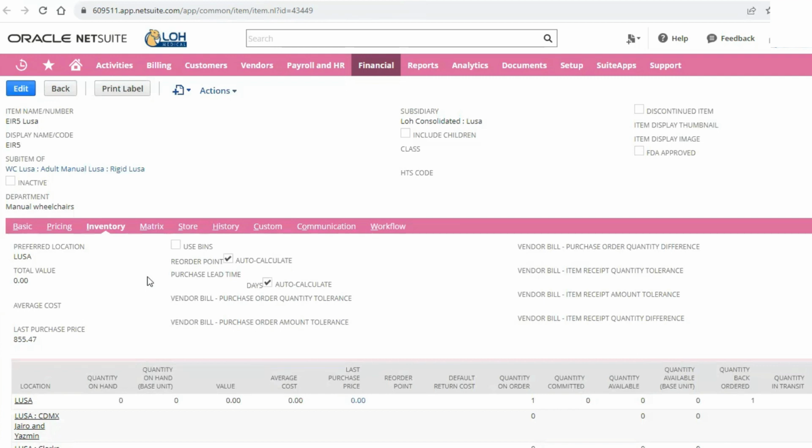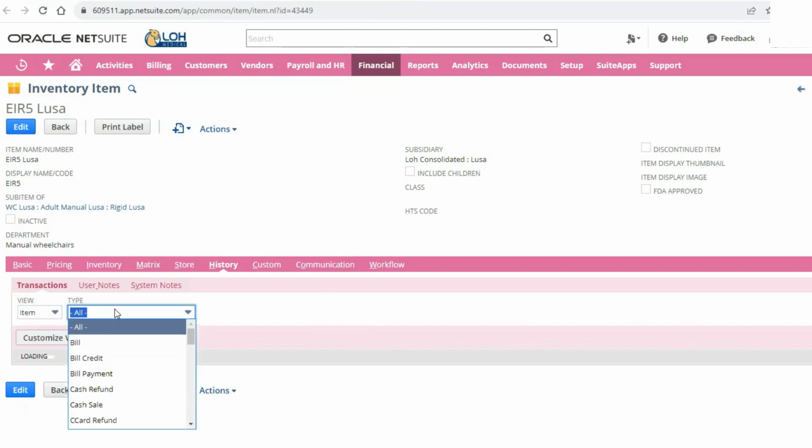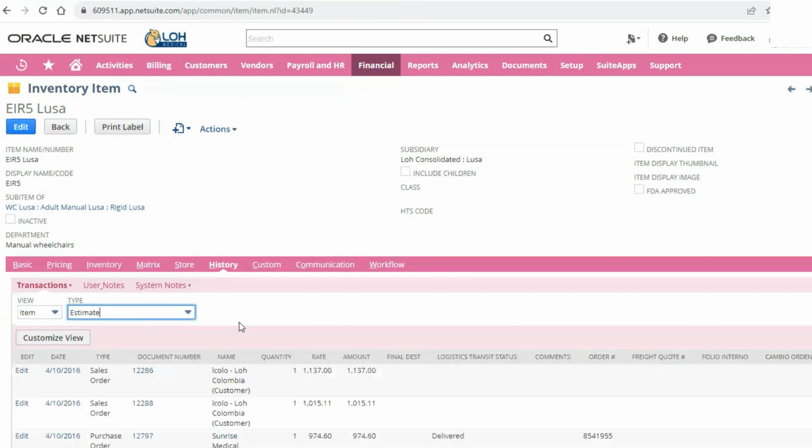Finally, the last tab I wanted to show you is history. I like to look at history if you're trying to find a specific transaction.